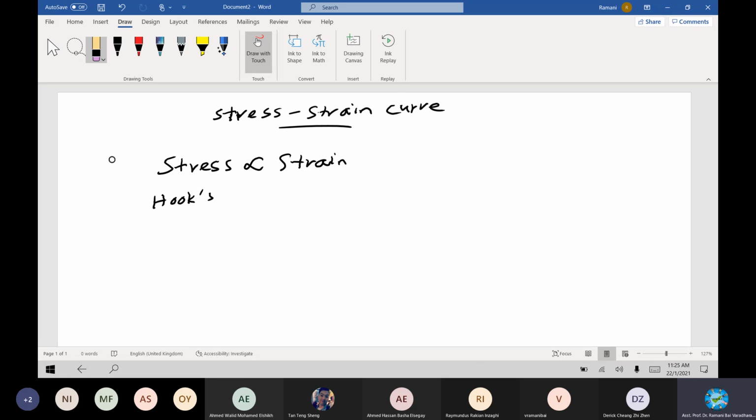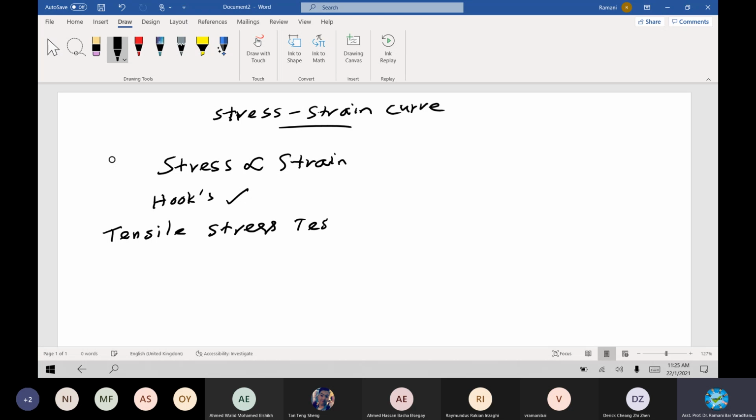Okay, they are in proportion. When they are in proportion, then Hooke's law is valid. What if they are not in proportion? It is not in proportion for all material and not for all types of loading for the given material. This is the problem today. That's why you need to analyze it. What is the relationship between stress and strain? For this, I can take the very well known tensile stress.